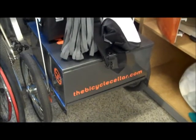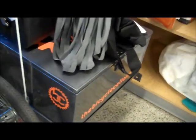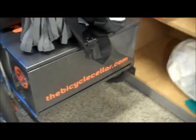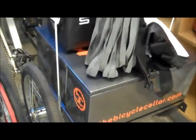And before we leave, this was pointed out to me. Being a bicycle shop and everything, they have their own little bicycle tow rig, more or less. They don't really tow anybody, but if they have to go out on the road to patch somebody's bike up, they've got the equipment to do it. Little tool chest there, liners for your tubes and all that. Of course, the company name on there, Bike Seller. That's pretty neat. It's set on a little two-wheel trailer type deal. Just to show how much